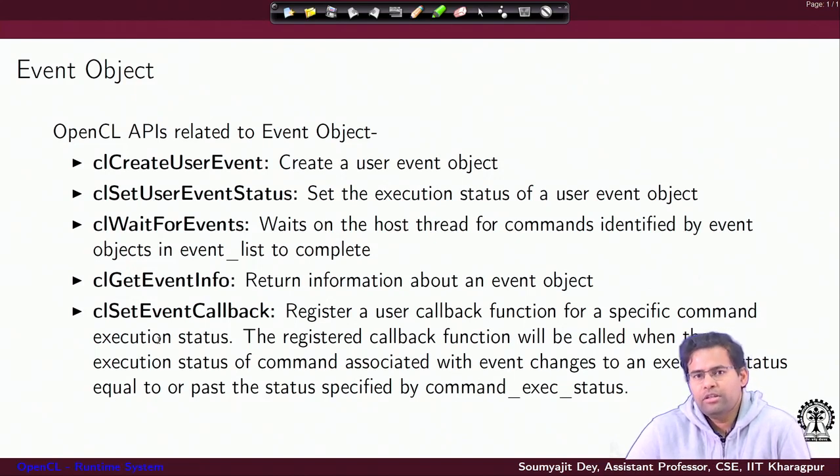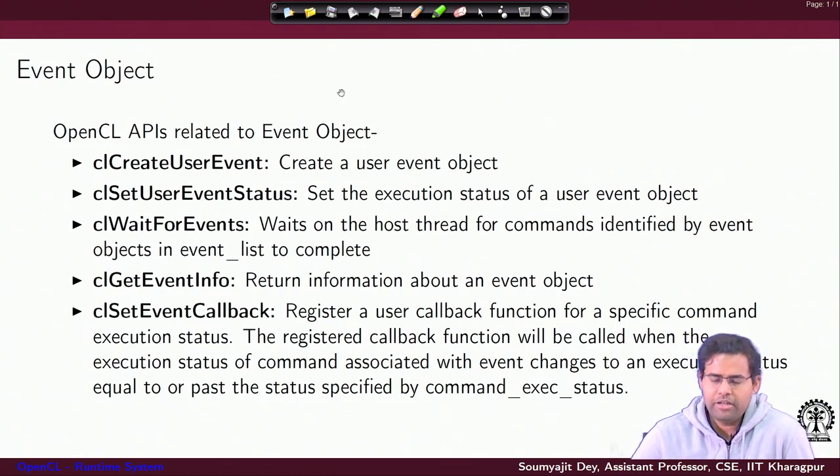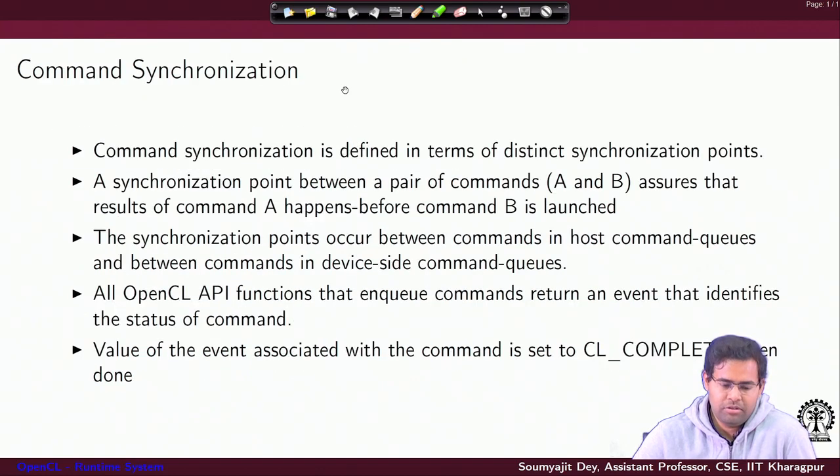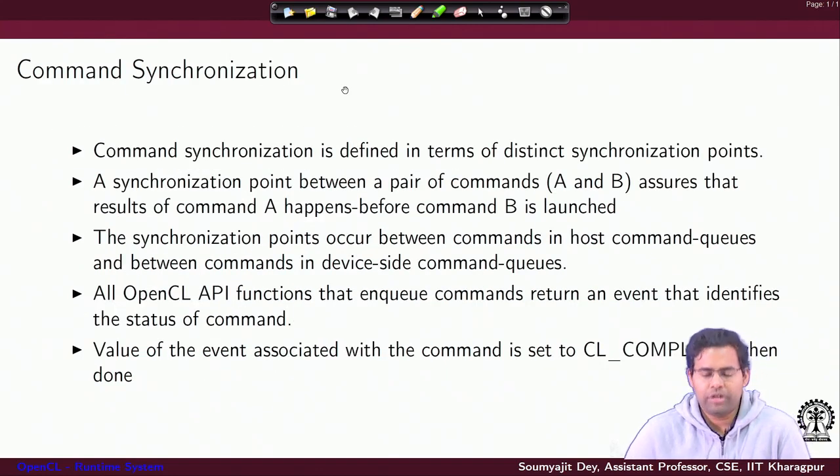When that equality holds, that means the execution status of that command is equal to whatever I have specified, then this specific callback function will start working. Why do I call it a callback function and not a normal function? Because the host does not wait for it. It will be called and will start executing asynchronously on the host side. We will understand it at the end with some examples. Here I am just trying to introduce the definitions and concepts.